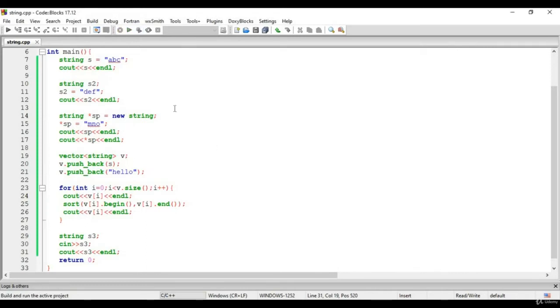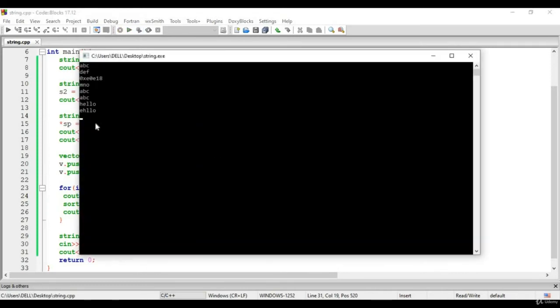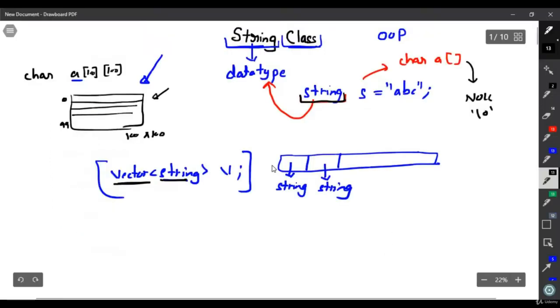Let's run our program one more time. Again it is waiting for my input. Let's say the input is do space coding. But this time it is taking only do. We have seen this problem before also. What is the problem? The problem is due to cin. Cin will stop taking your input as soon as it encounters a space or tabs or basically a new line character. So cin is the problem in this case.